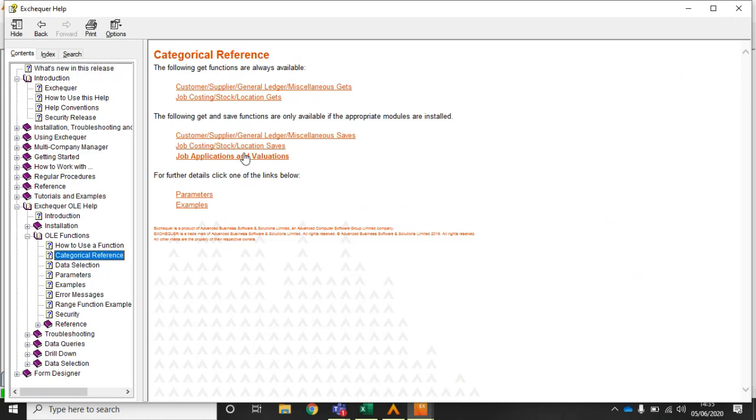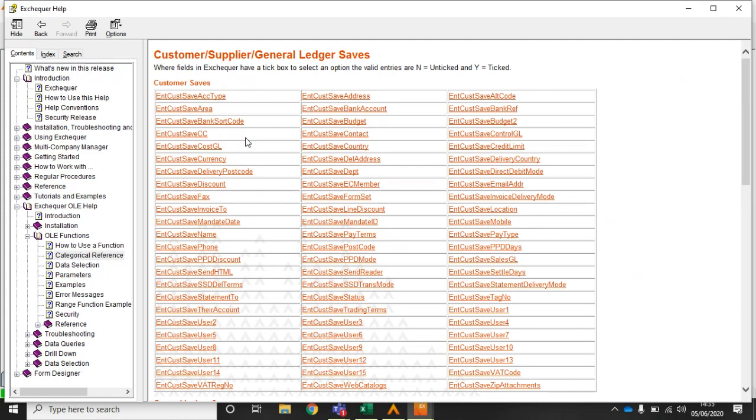So if I wanted to look at what customer saves I had available to me, I'd click in here and you can see it tells me all of the codes that you've got. But what's really useful here as well is if I look for the save status that we've just done, for example, which is here,